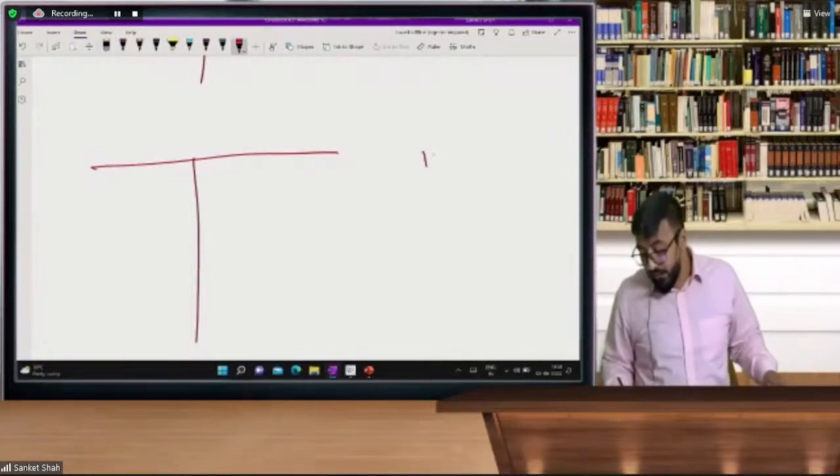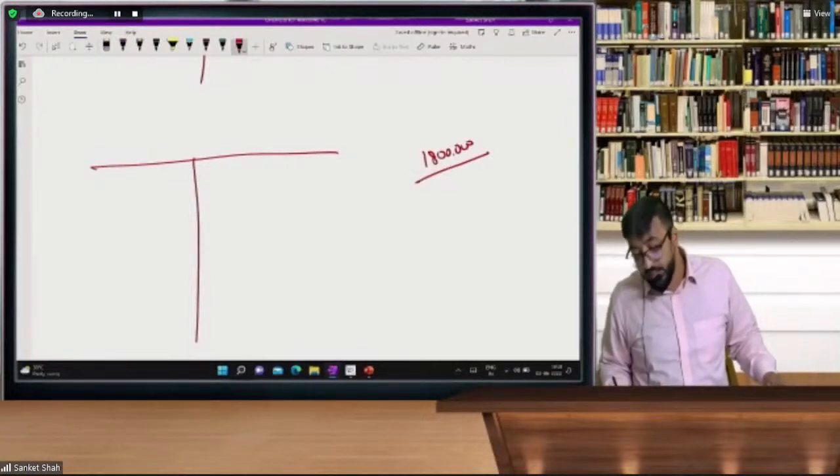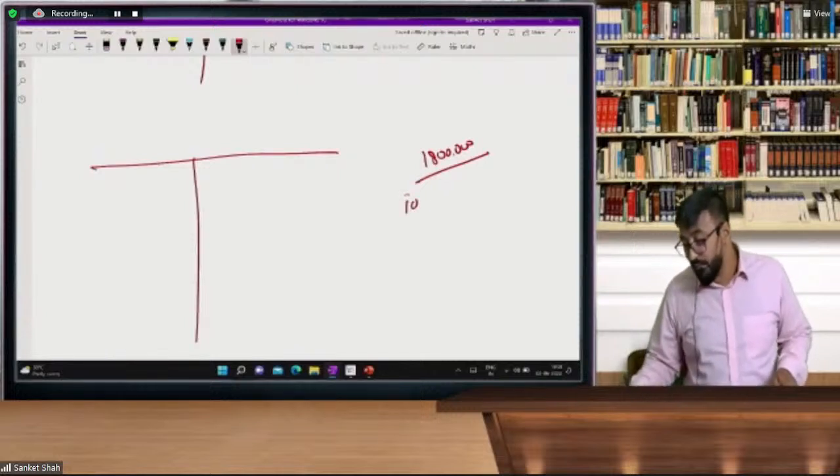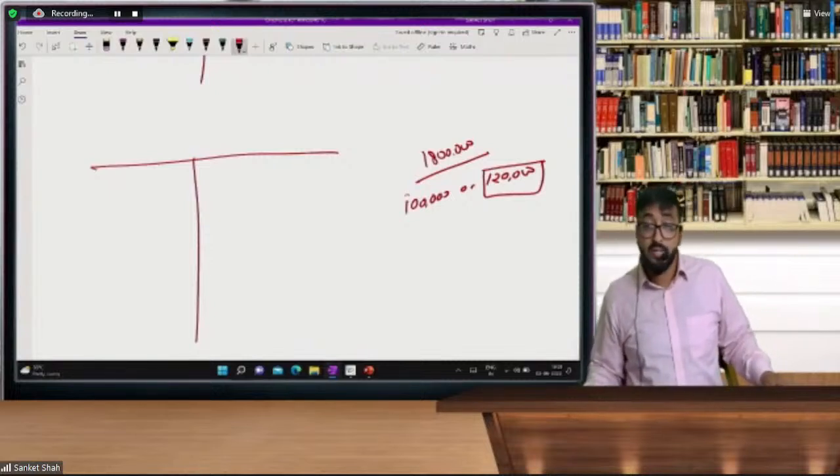तीसरी केस में मेरा 18 लाख का खर्चा हुआ और तीसरे केस में मैंने कितने यूनिट्स प्रोड्यूस किए? मैंने प्रोड्यूस किए 1,20,000 यूनिट्स। सर मेरी नॉर्मल कैपेसिटी कितनी थी? 1 लाख यूनिट्स की थी, पर आपने प्रोड्यूस कितने कर लिए? 1,20,000। बाजी किसने मारी? 1,20,000 ने बाजी मारी। ओके सर, ये मुझे समझ में आया।